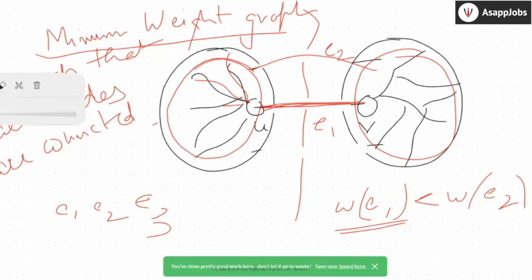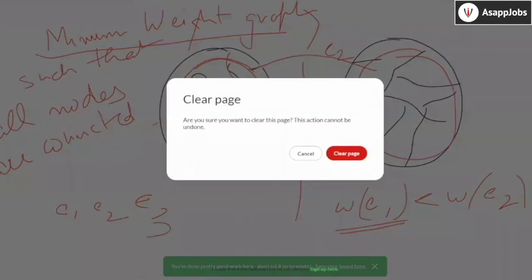So this is a very important concept, the concept of cut. Which edge should you pick in a cut? Here I'm picking a minimum weight edge in a cut, because if I pick a higher weight edge, I end up adding more weight to the graph while my whole idea was to minimize the graph. Okay. Now we'll move on. How can I use this definition of cut to find different algorithms?